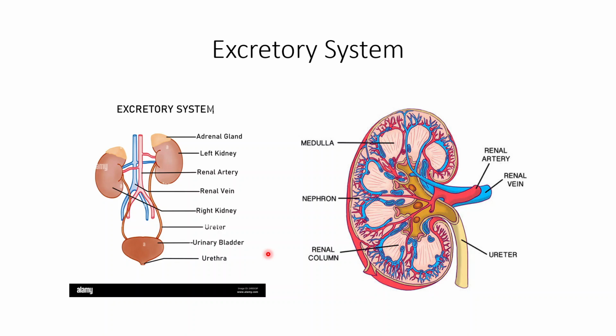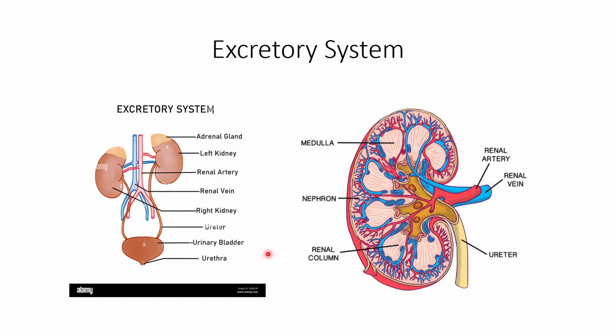So this part, I'm sure most of you are very clear about, which is the components of the excretory system. I'm not going to go into too much detail, but essentially, most people have two kidneys, though there are people who are genetically born with only one kidney and they're fine. You have a renal artery carrying blood to your kidneys, a renal vein that takes deoxygenated blood away from the kidneys. You have a ureter that leaves the kidney with formed urine and deposits it into the urinary bladder, which